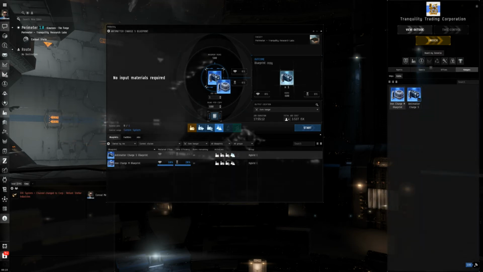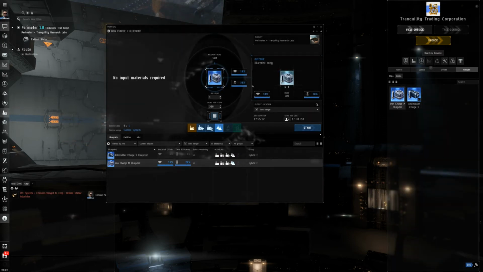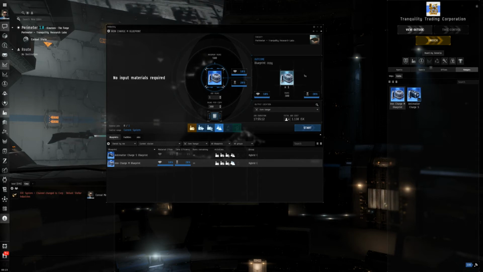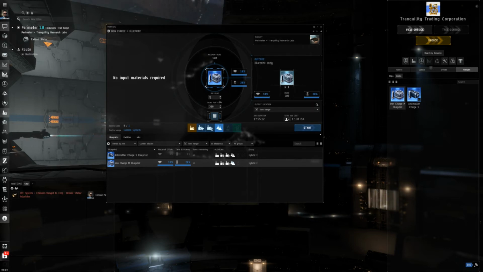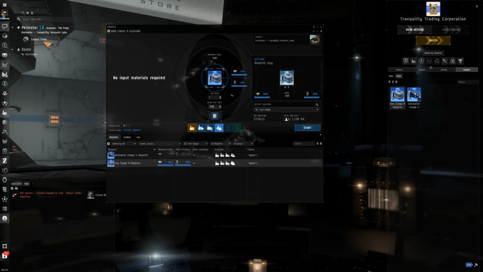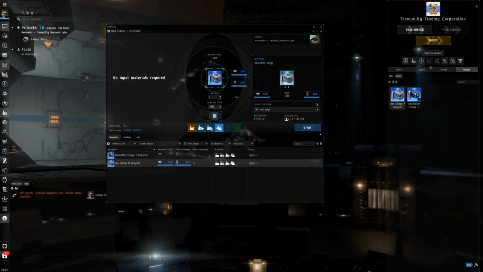If I would do the same with this fully researched blueprint, then the blueprint copy will also receive the bonuses. The main difference is that the copy has a limited life, which I can define here up to its maximum. So this blueprint copy here would allow me to produce 300 runs of iron charge M ammunition. The uses of blueprint copies we will discuss in a minute,